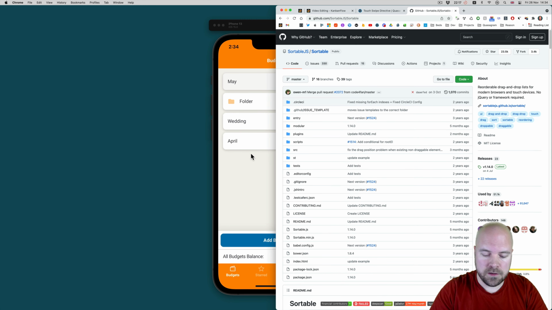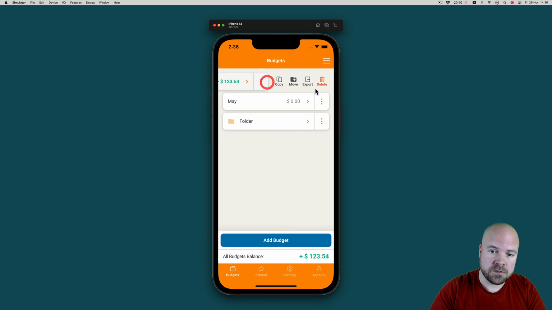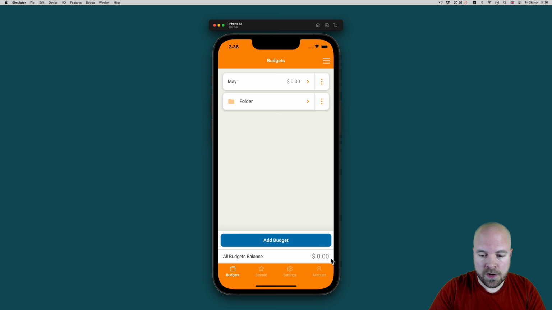this functionality. And if you look down at the bottom here, we can see this all budgets balance, which basically shows the overall balance of all of these budgets combined. And you can see this balance update as I delete some budgets. So if I delete this April budget, you can see it now changes to a positive amount. And if we delete this March budget, we can see it's now down to 0 and it has this gray